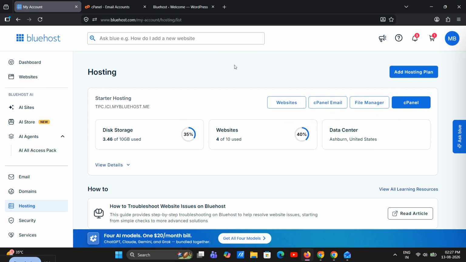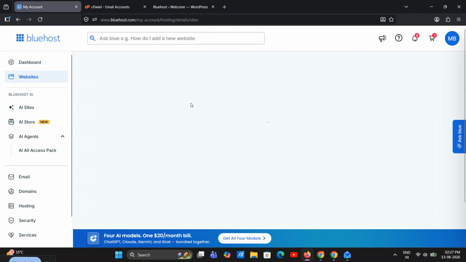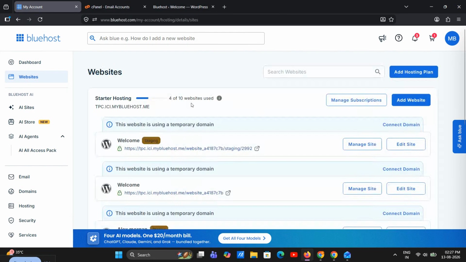Alright, let's get started. First, log in to your Bluehost account using the browser you normally use to manage your hosting. Once you're signed in, you should see your Bluehost dashboard. From here, look for the website section. This is where Bluehost keeps the tools and controls for your hosted sites, so go ahead and click on Websites